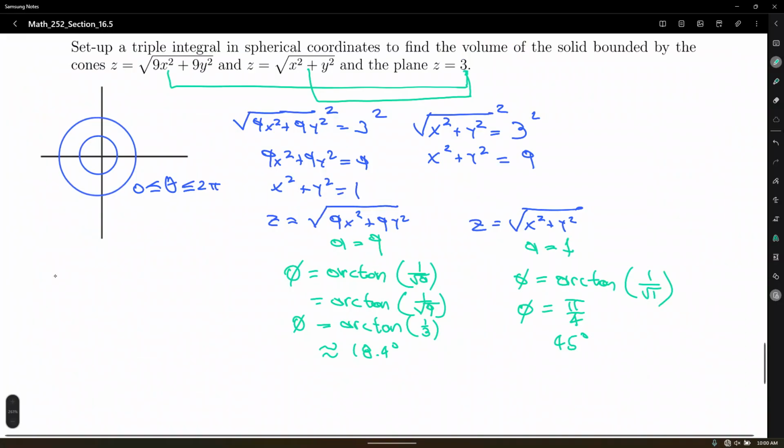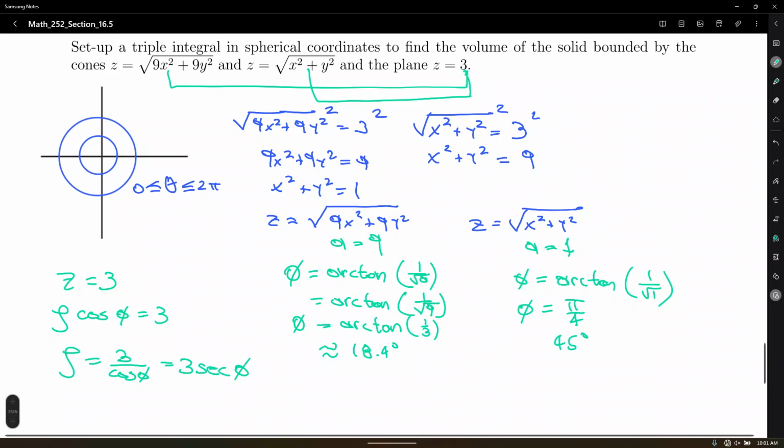Okay, so we need to express z equals 3 in spherical coordinates. What is z equal to? Isn't that rho cosine phi equals 3? All right, and then rho equals 3 over cosine phi, which is equal to 3